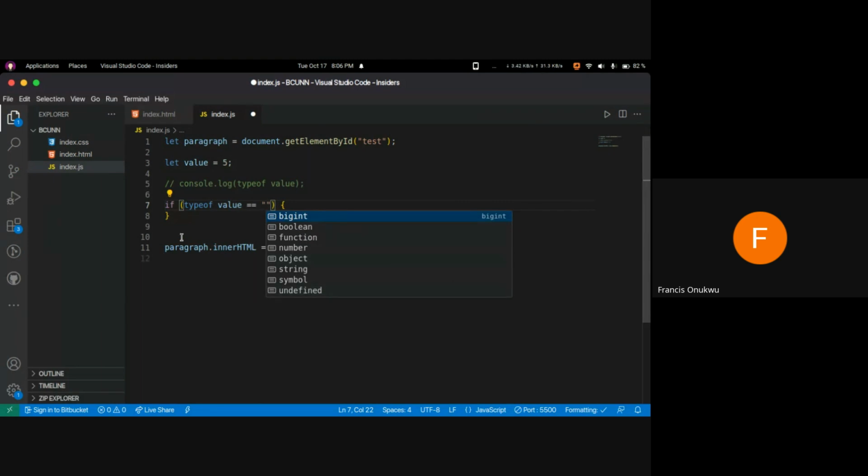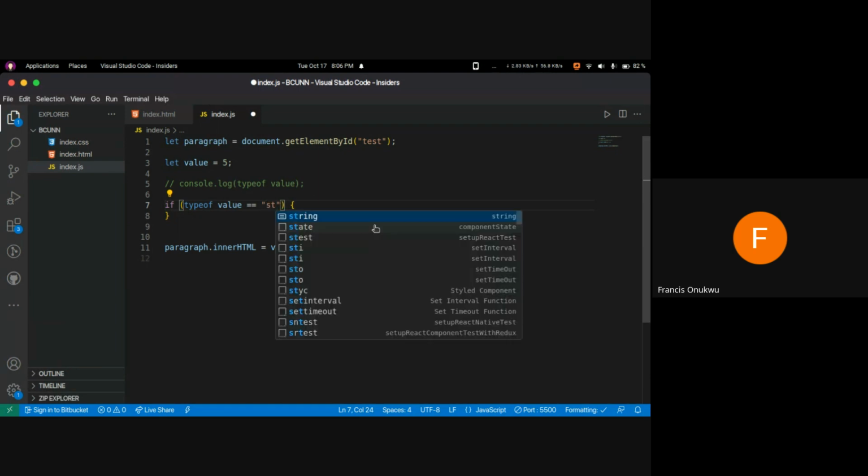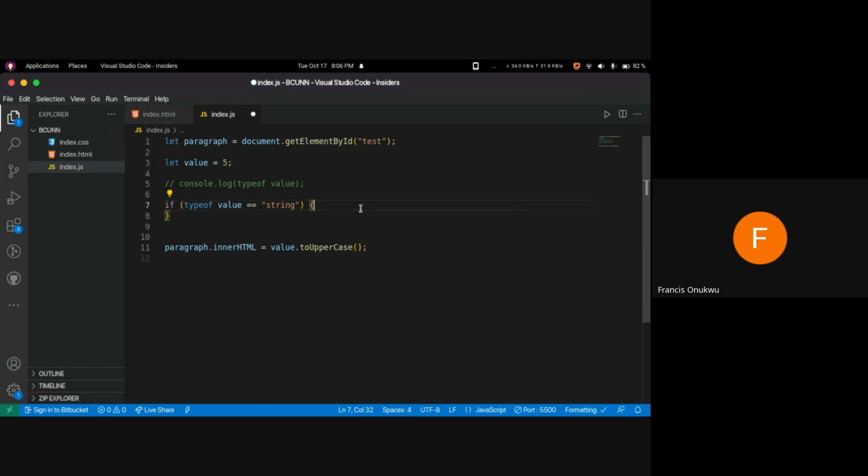Okay, so all JavaScript data types fall under this. Types, right? Bigint, boolean, function, number, object, string, symbol, and undefined. Okay, so back to here, we know that if the value is equal to string, yes, then we are going to run this function, else, sorry, else,